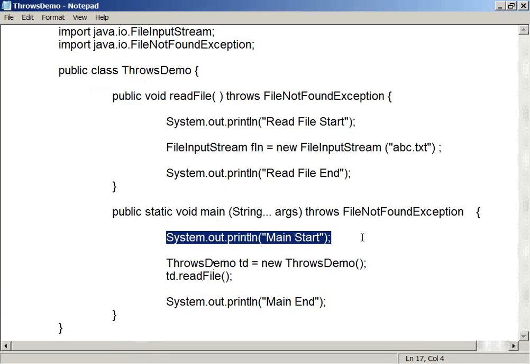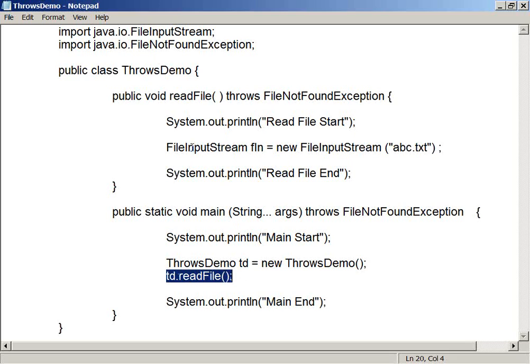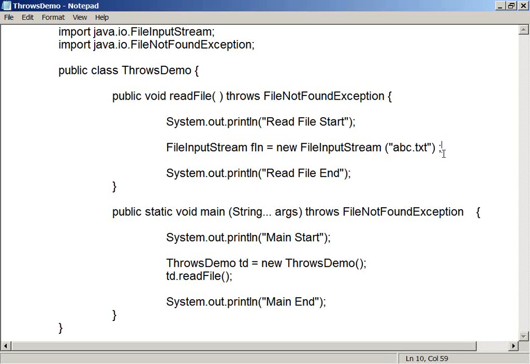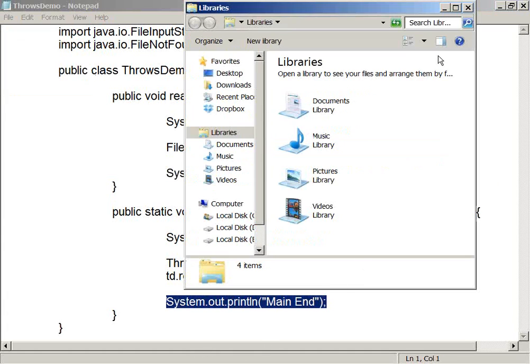It starts from main start, goes to this, and this is because there is a text file in the hard disk. It is opened, so this is successful in opening. No problem is raised with this statement, and then it reaches the end. Okay.